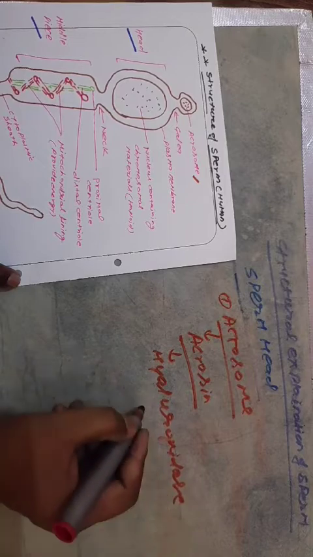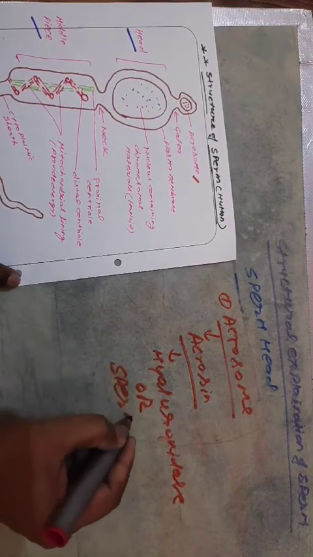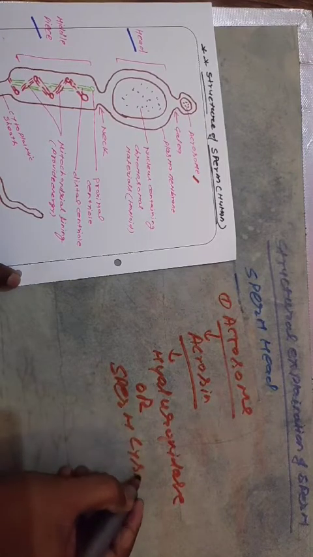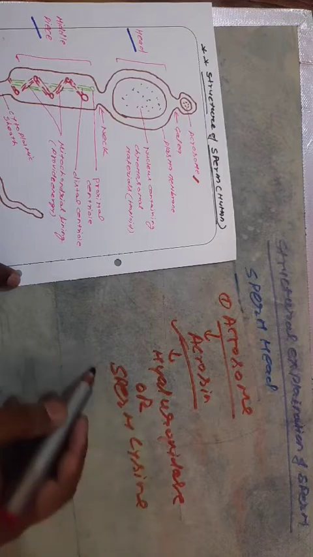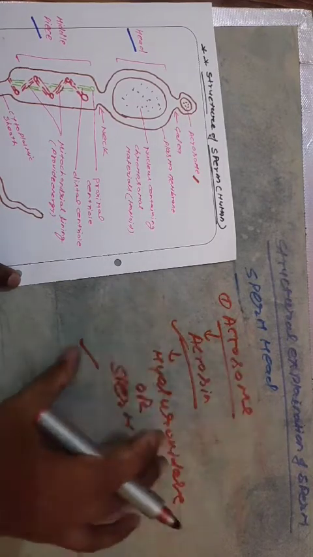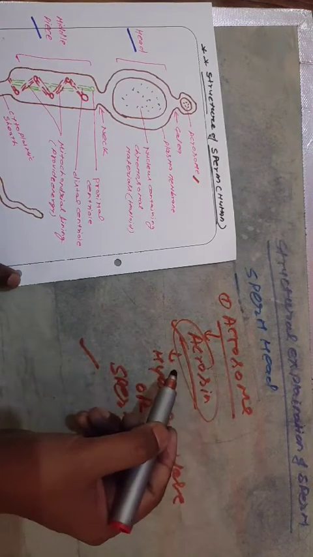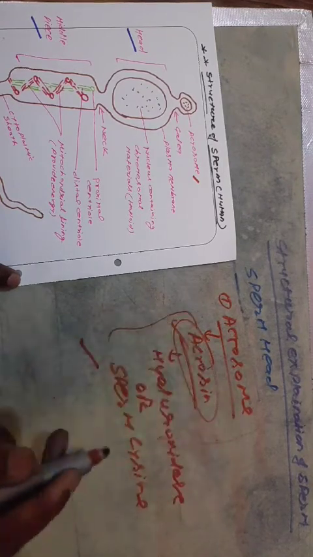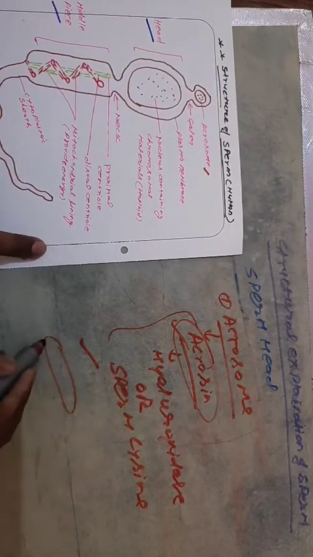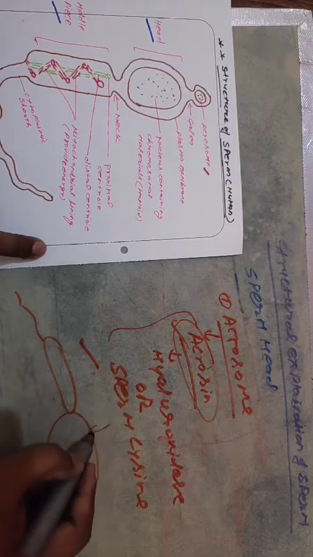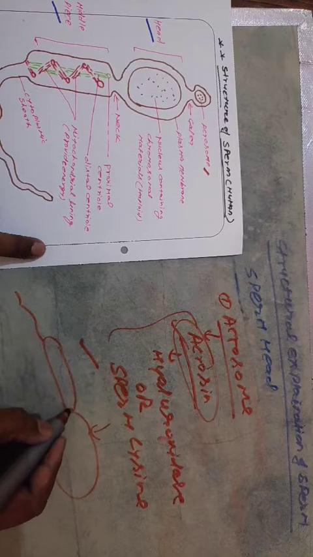and another name of the sperm acrosome enzyme is sperm lysine, because of the well-known biochemical mechanism, lysis. It performs the cell lysis of egg cells in order to crack the outer layer during syngamy. Suppose this is the sperm head; when it reaches the surface of the egg cell, there is a need to break the outer layer of the egg cell,